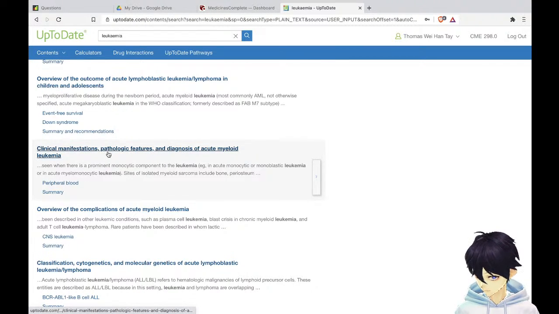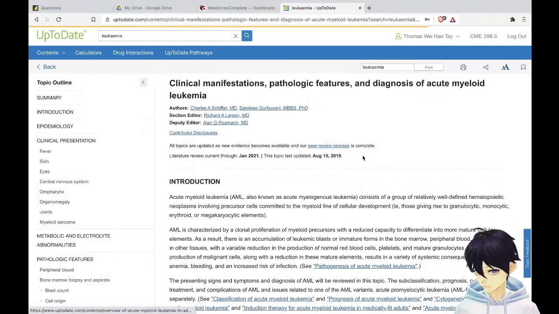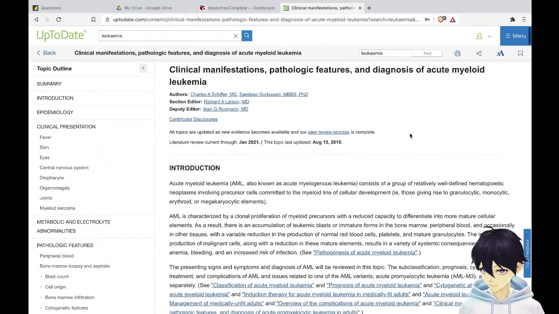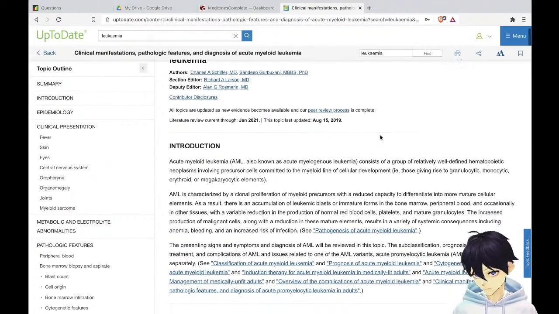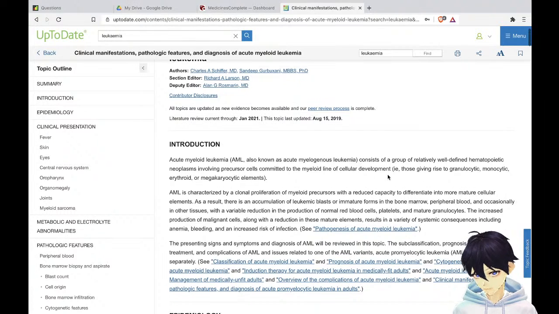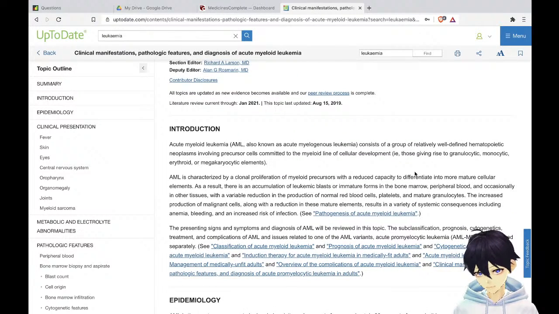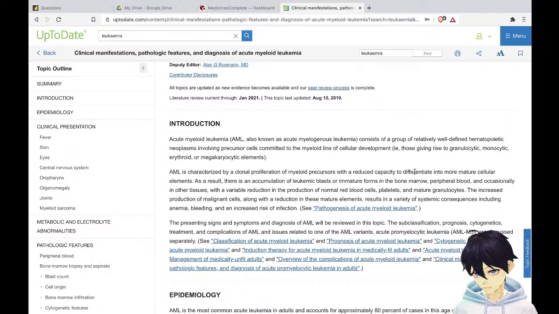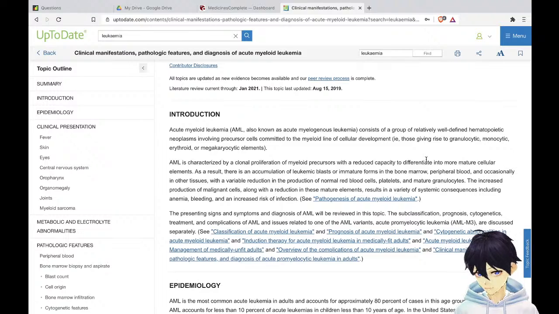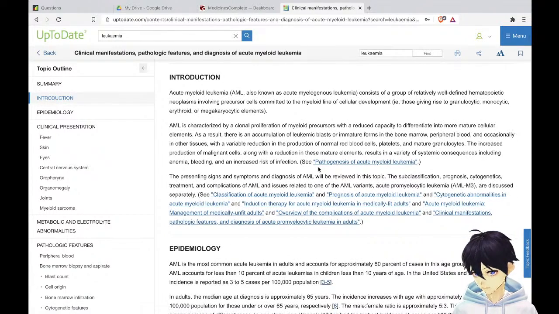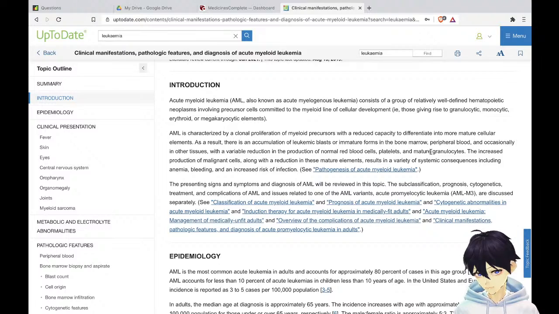Okay, let's try acute myeloid leukemia first. Acute myeloid leukemia, AML, also known as acute myelogenous leukemia, consists of a group of relatively well-defined hematopoietic neoplasms involving precursor cells committed to the myeloid line of cellular development, those giving rise to granulocytic, monocytic, erythroid, or megakaryocytic elements. AML is characterized by a clonal proliferation of myeloid precursors with a reduced capacity to differentiate into more mature cellular